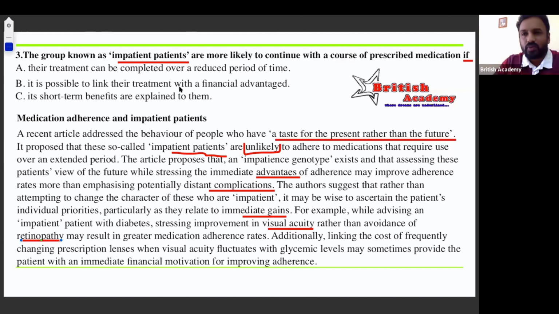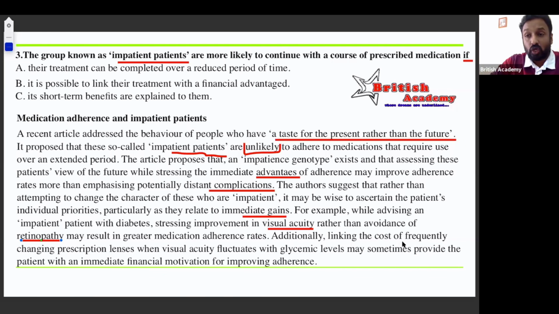Even for a normal individual like you and me, if we go to a doctor and the doctor says, okay, fine, this will cause this complication, if you don't take this medicine, this may shoot up your liver. Rather, if the doctor says, take this medicine, it will improve your liver condition, it will be more encouraging for you. Or you don't have good eyesight, you go to a doctor, and the doctor says that if you don't put this drop, you may lead to blindness forever. Rather, if he says, if you use this drug, this can improve your vision, that is more encouraging for us. We will definitely put those drops without failing. That is what this statement is telling: rather than telling him the complication, tell them the benefit.